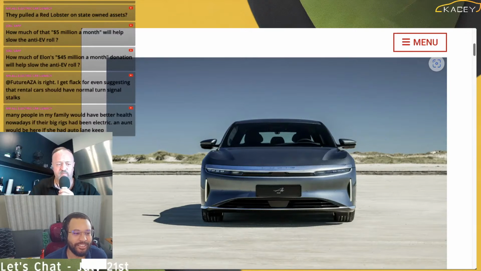Mr. Illogical Lunacy says he gets flack for even suggesting that rental cars should have normal turn signal stalks. I think that should be easy enough for them to do, either aftermarket or as some sort of special rental-only trim, to just put that Model 3 stalk back in there, because we see that it still fits on the other cars, at least until it doesn't. Currently it does still fit, and with a small software shim, get to work. But the wiring doesn't connect from there to there. That part of the wiring harness has surely been deleted, so it's not just a matter of putting the stalks back in.